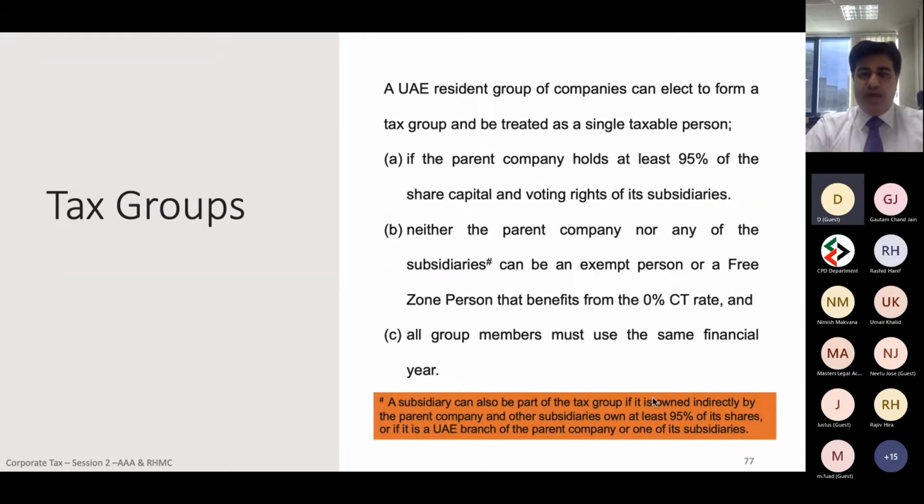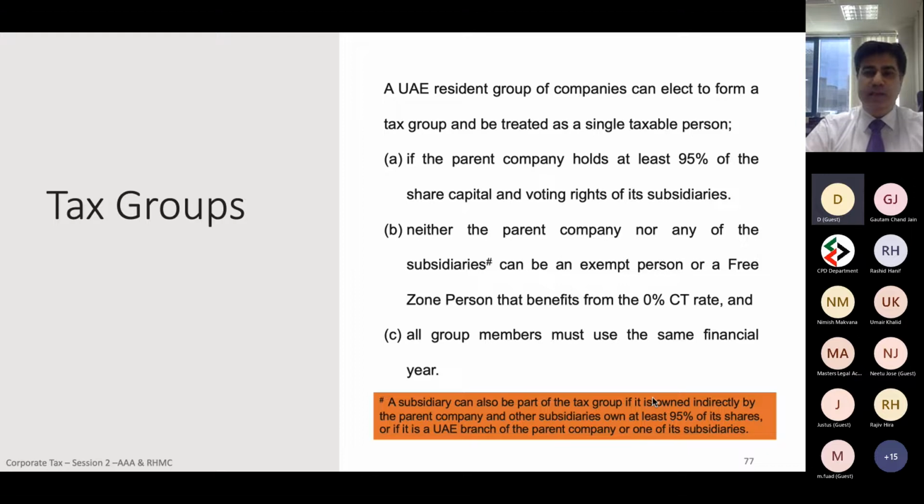Now let's look at the tax group in a more detailed way. There are some sections, or pointers, which need to be looked at, and we will see some examples also of how the tax group can be formed. A UAE resident group of companies can elect to form a tax group and be treated as a single taxable person. If the parent company holds at least 95% of the share capital and voting rights of its subsidiary,